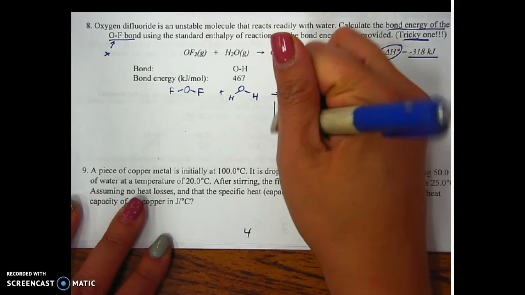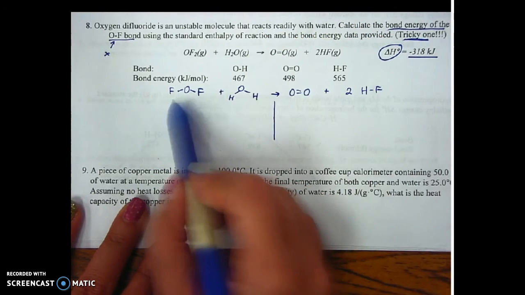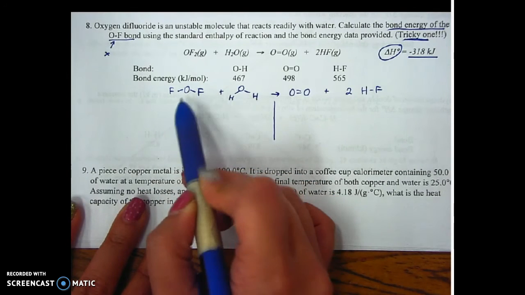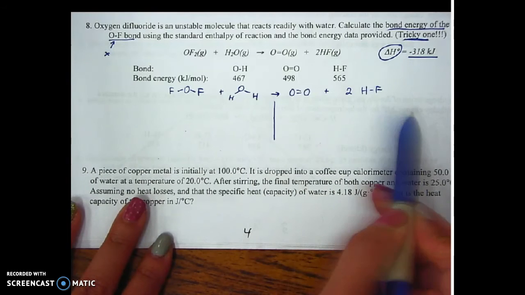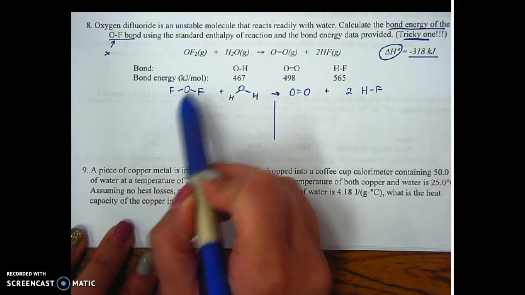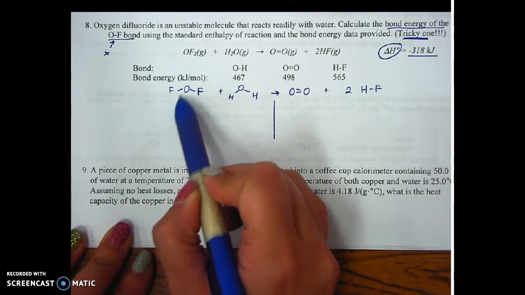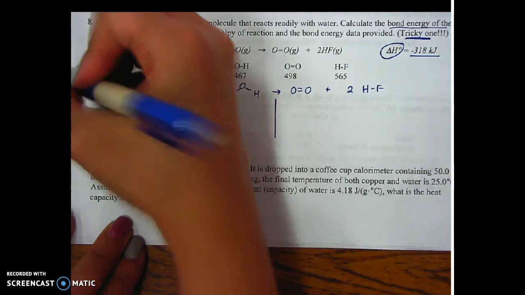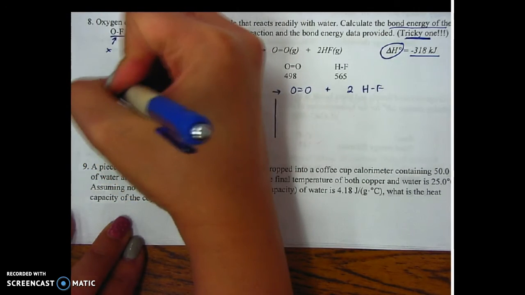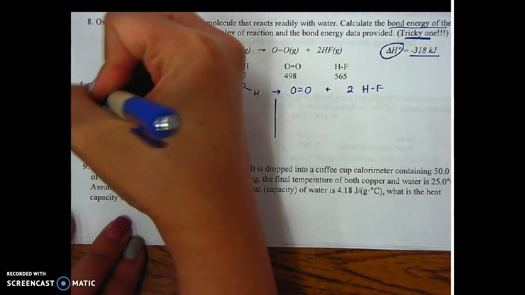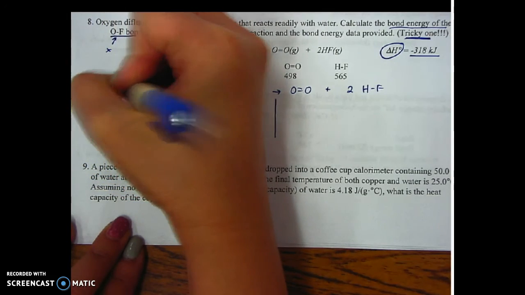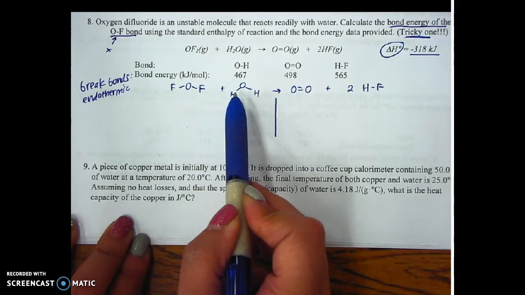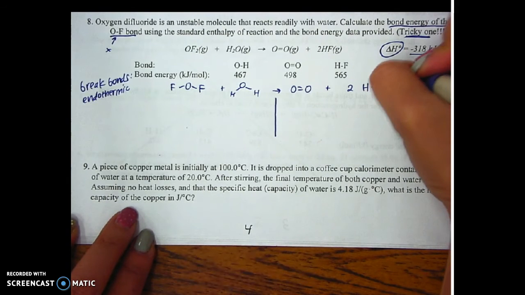So remember, the setup is this. We're going to take a look at all of the bond energies involved on the reactant side. And remember here that in order for a chemical reaction to occur, the reactant bonds actually have to be broken. So that bond, that bond, that bond, and that bond has to be broken. And we would say that to break bonds, it is going to be an endothermic process. If you guys remember endothermic versus exothermic, endothermic means that heat needs to be put in for this to be broken, okay? Whereas on the other side, we're going to be forming new bonds,